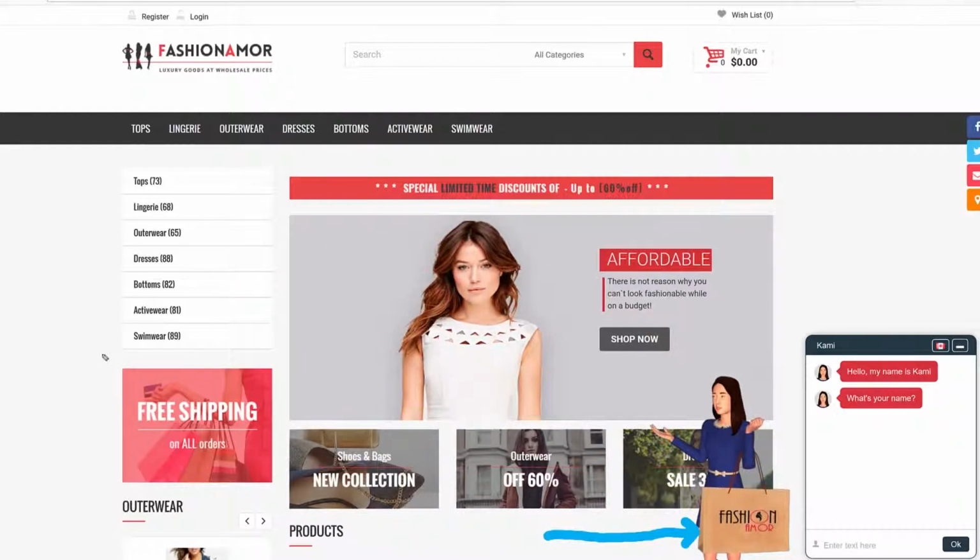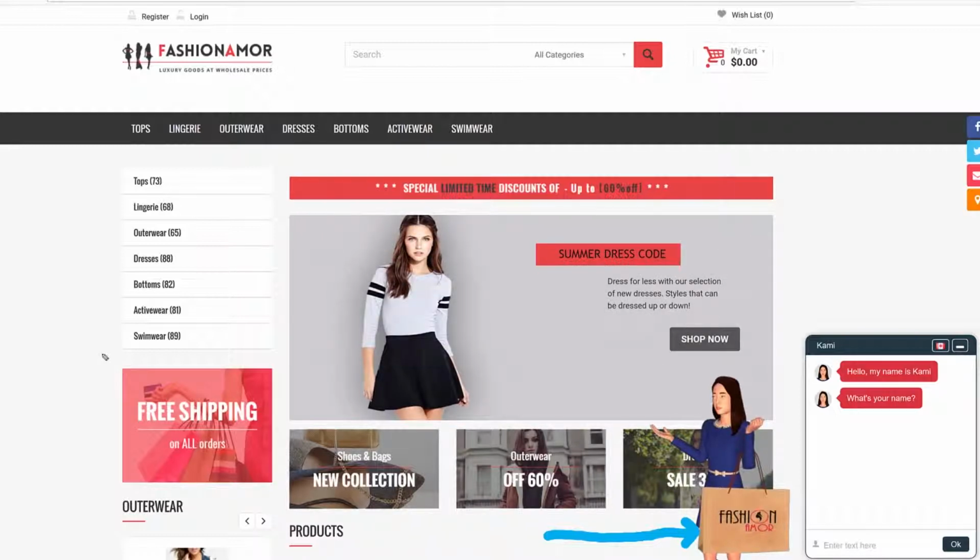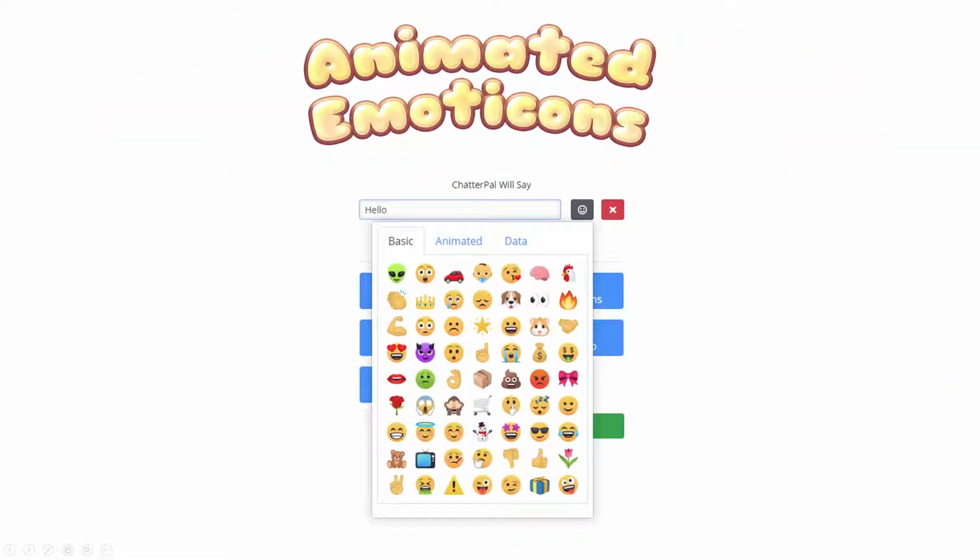You just import the logo in and boom, it's going to get tracked and also adapt to that exact bag, regardless of what size your logo is. It's going to resize automatically. And the beauty is you can use this exact technology on unlimited websites, including client websites. On top of that, we have animated emoticons that will allow you to also captivate people's attention, because you're literally getting a 24/7 chat agent working for you on your website or your client's websites, because remember, we're including the commercial license as part of the front end offer, which means